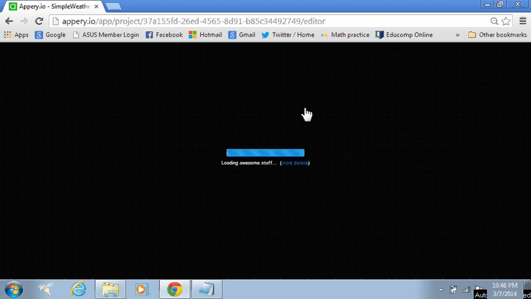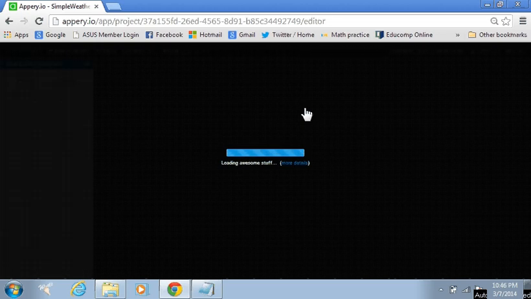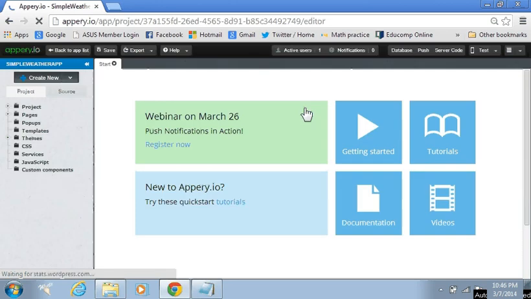It's as simple as that. What I'm trying to emphasize is how easy it is to create such a mobile app entirely in a cloud-based environment without requiring any kind of IDE, etc. So we'll just wait for the project to load. There you go. So the project is up.